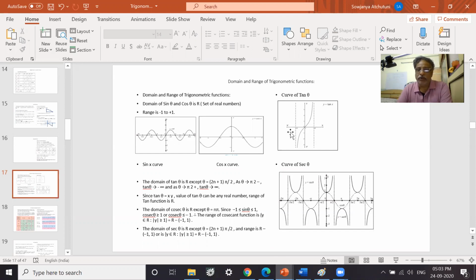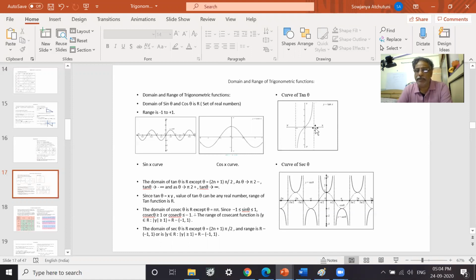Let us see how that tan theta graph is moving. From minus, this is 0. So at minus 90, it goes to infinity, then up to plus 90. Because tan 90 is sin 90 by cos 90, and cos 90 is 0, it is not available at 90. So as theta goes to 90, it goes to positive infinity. This is the first quadrant. This is the last quadrant. As theta goes to minus 90, it goes to minus infinity.